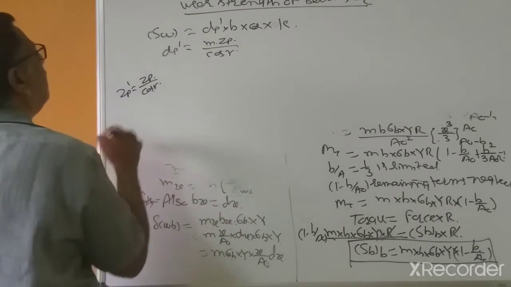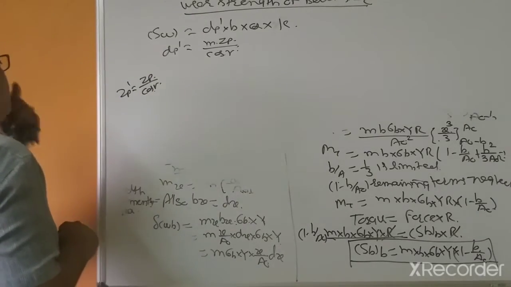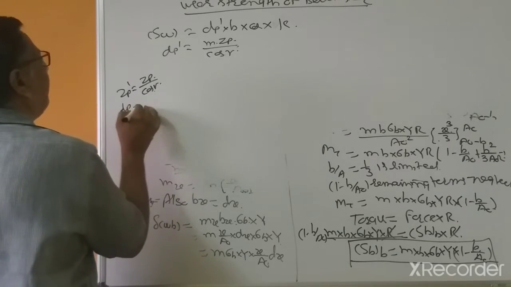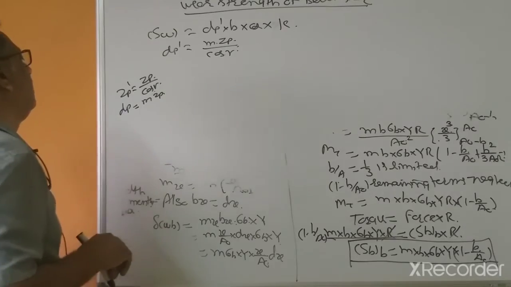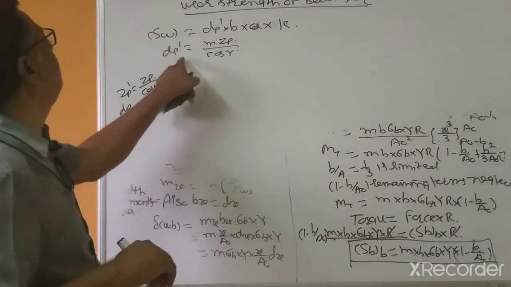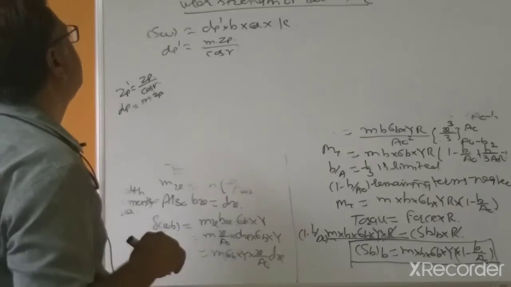So you can put dp dash equal to m zp dash cos gamma,